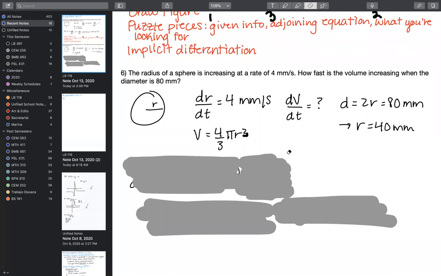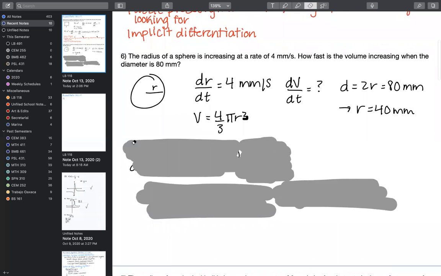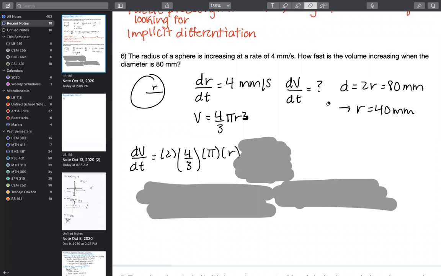So moving on to the actual calculus part of this problem. We're going to differentiate the volume equation. We get that dV/dt is equal to 3, which came from dropping, well, that shouldn't be 2, that should be 3, which came from dropping